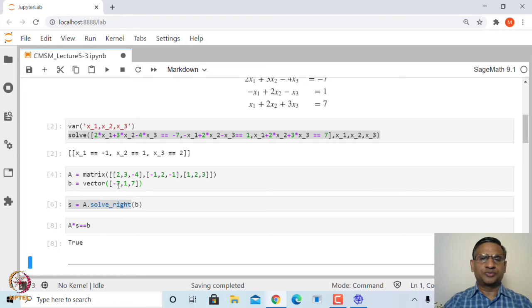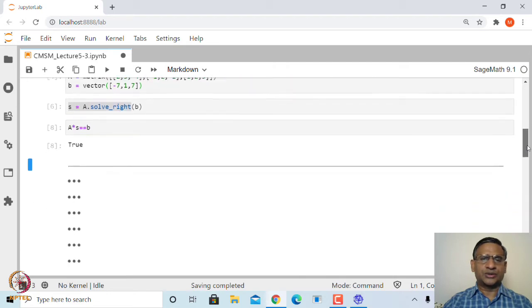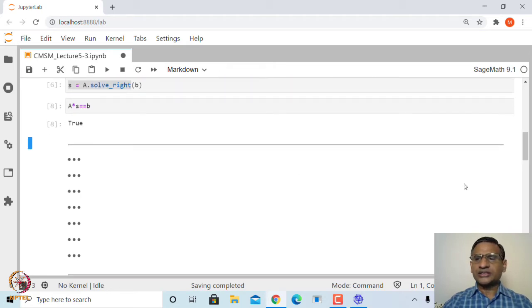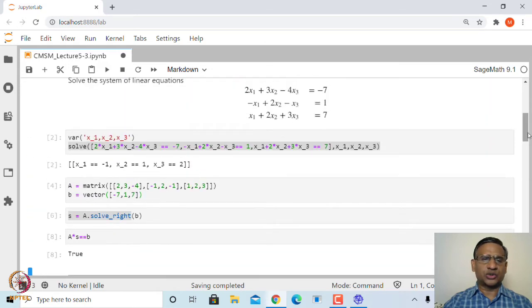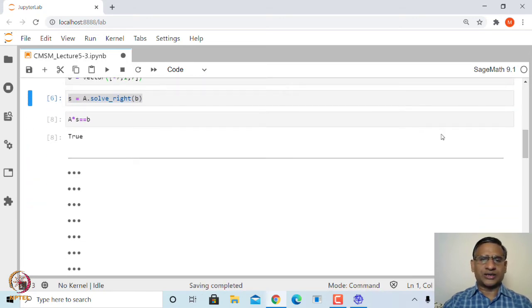The answer is true. So, there are two ways of solving a system of linear equations in Sage Math. One, you can use the solve command, and the other one you can use solve_right. In that case, you have to think of this system as declared as Ax equal to B. Now, let us play with this matrix, because at present we are using this inbuilt function, and we do not know how this solution is obtained using it. So, let us look at some concepts that lead to solving this system of linear equations using what is called Gaussian elimination methods.